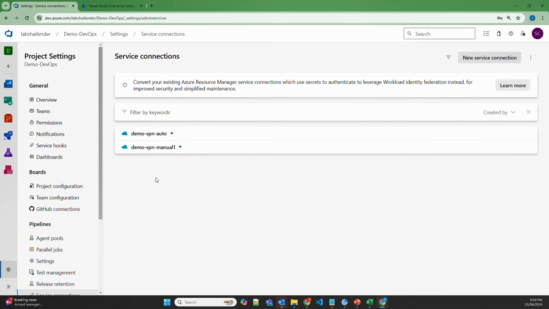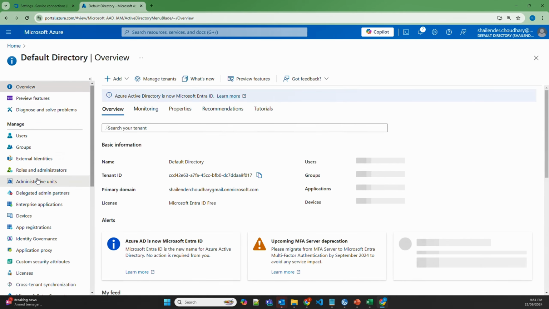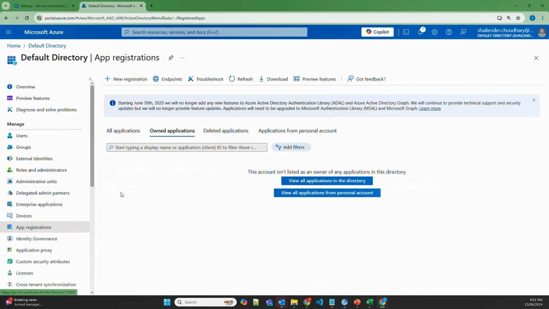So in that case, someone has to create a service principal, provide the client secret, and assign role-based access control over Azure subscription to the service principal. And using all those details, service connection is created. Now if we'll go back to Entra ID and to the app registrations,